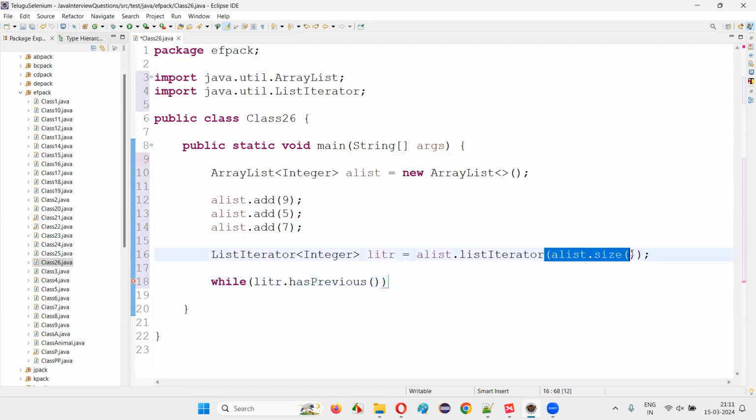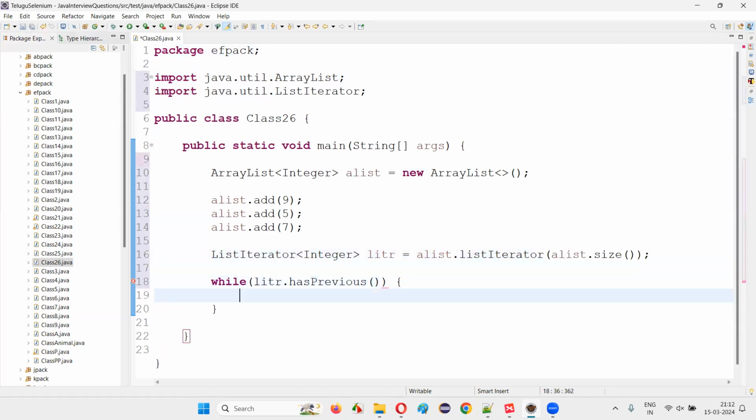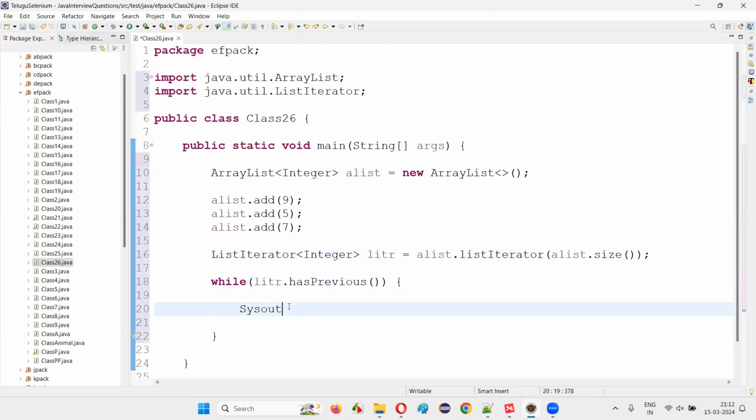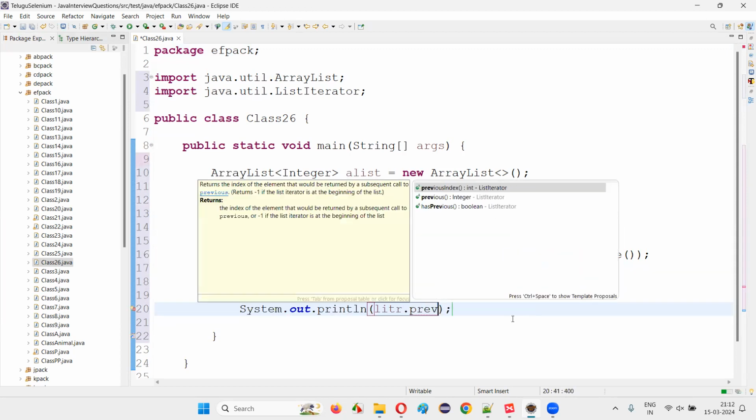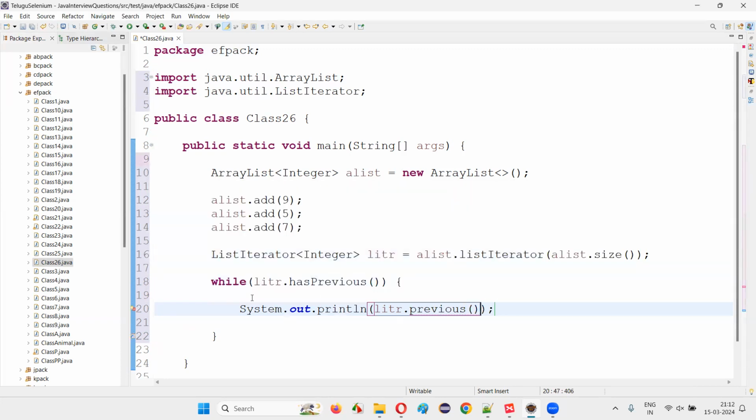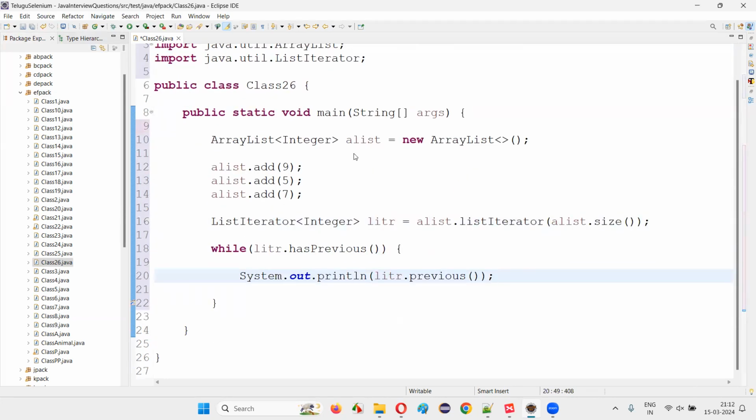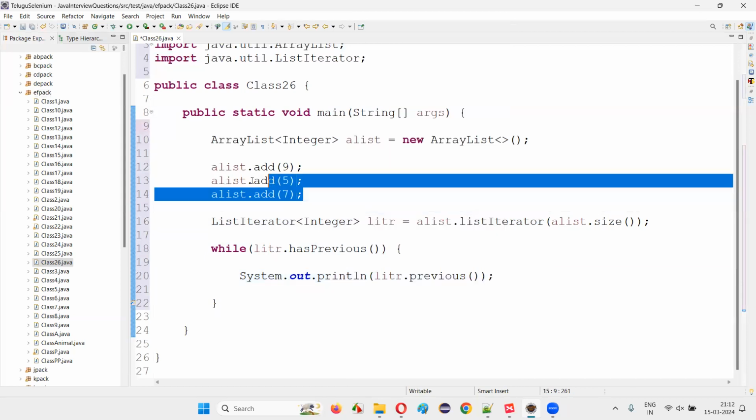Okay. First change is you have to specify the size here. So when you are iterating forward, this size is not required. When you are iterating backward, this size is required. The next thing is you have to use the hasPrevious method instead of hasNext if you are iterating backwards. And also inside this while loop, you have to write litr.next method. Instead of the next method, you have to write the previous method. Okay. Sorry, I selected the wrong one. Instead of the next method, you write previous method here of this ListIterator interface, and run the code